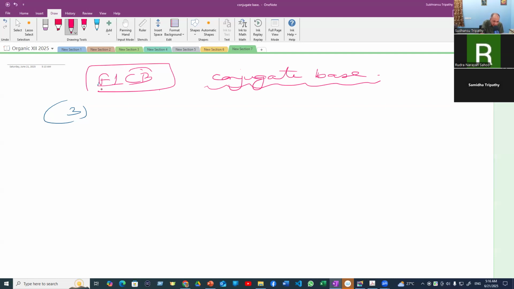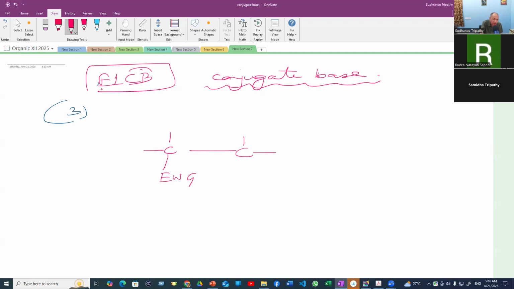So what happens? It is a two-step process like E1, but the primary requirement is there must be an EWG in the beta position. And